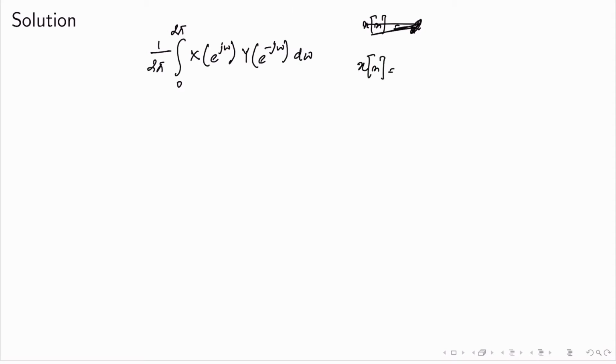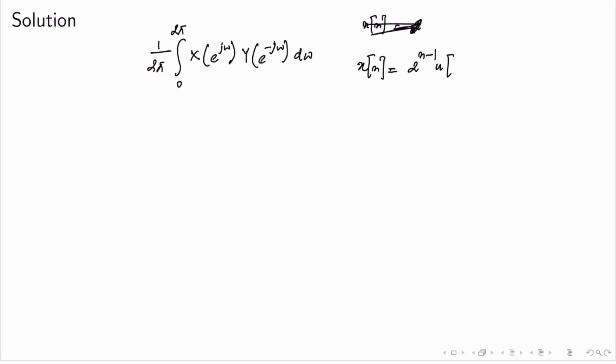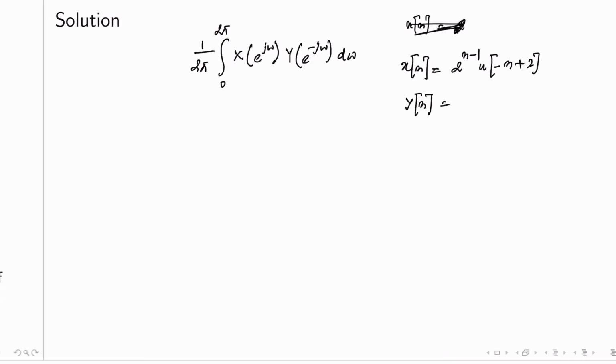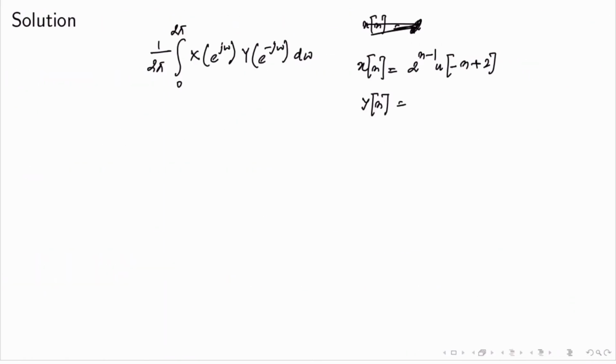x of n is equal to 2 to the power n minus 1 u of minus n plus 2, and y of n is equal to 2 to the power minus n plus 2 u of n plus 1. So these are the two given signals, and